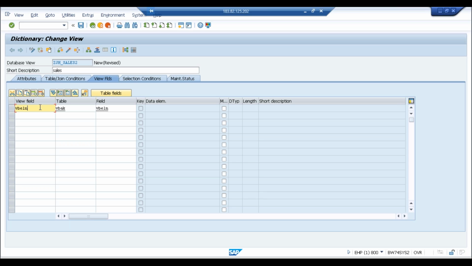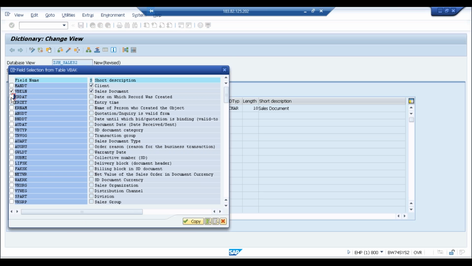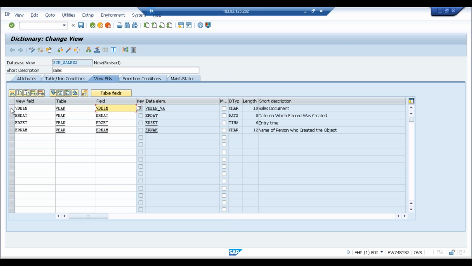We can either write it like this, or we can simply go for table fields, select VBAK, and get the data from here. So ERDAT, ERNAM, ERZDAT, ERNAM. We can take multiple fields from here and just click enter so that you will get the field names here.